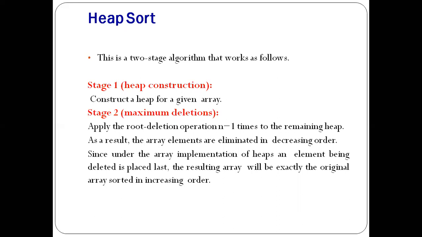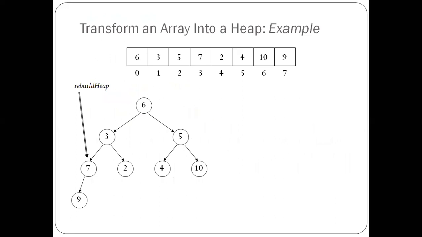So the heap sort is having two things. First, you construct the heap. Second, you are deleting. In deletion, always the highest value will be deleted. So the largest value out of all the keys will be deleted and kept in one location. Then the next largest will be taken and kept before the other elements. That way the largest elements will be taken out from the keys and arranged in increasing order. That is called deletion.